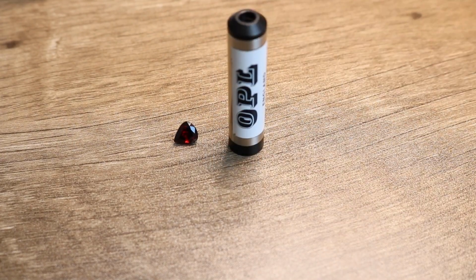So I pull out my favorite tool, the spectroscope. And sure enough, after observing those under the spectroscope, I am able to see a spectrum that is familiar to me as almandine or pyrope, and they're in the same family. They have different spectra sometimes because they are different minerals that intergrow with each other, but it's still going to be a familiar spectrum. So once I see that wonderful spectrum, then I know, okay, this is a garnet,